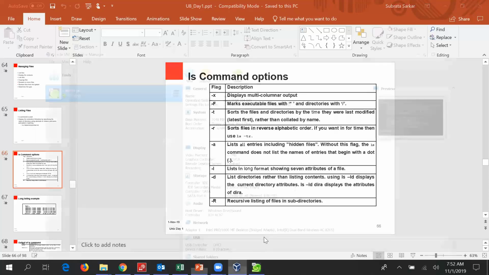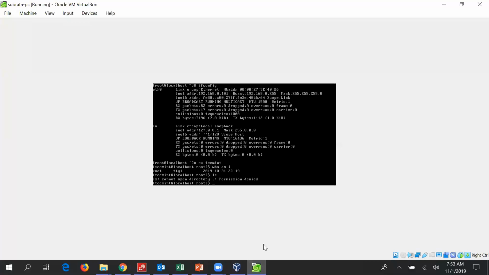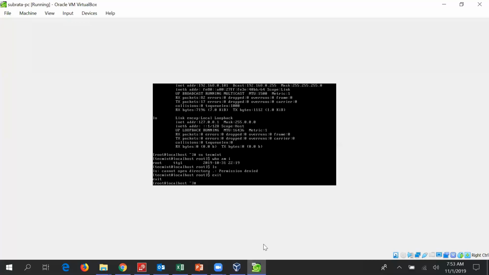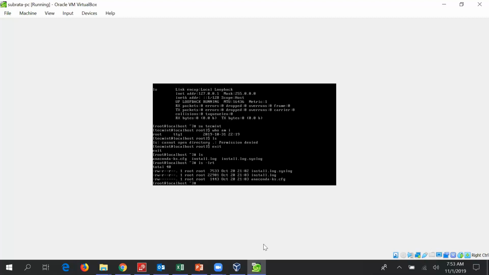So basically we are talking about the ls command. If you type ls, you see it will display. Now if we type ls -lrt, it will be displayed in reverse time order.